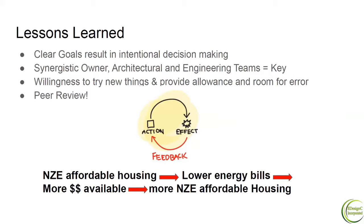And some final lessons learned. As you saw, there are many, many options that you can choose when it comes to MEP systems. But if you really keep your goals in mind from the get-go and don't lose sight of them, then you can be very intentional about your decision-making and feel confident that you're on the right track. And it also makes it so that you can really plead your case to owners and really talk about the setbacks and the trade-offs, but also the pros, and really paint an accurate picture of why you should be using